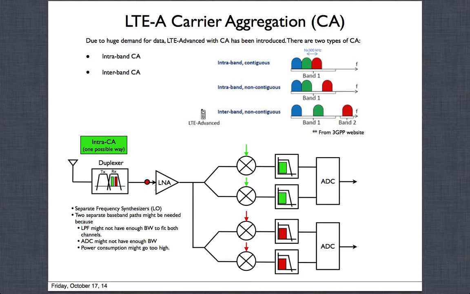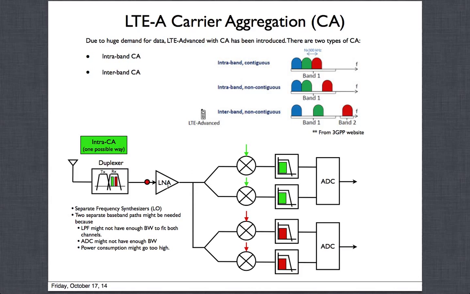Now, one point I want to make specifically to this scheme is, if you have one LNA and you're splitting into two parts, you can see that you're losing 6 dB of signal, right? Half of the signal is going here, half of the signal is going here. So if you have the same LNA as before, the gain becomes less, which means your noise figure will go up, right? So what you have to do is make this LNA more like a 2x stronger LNA.